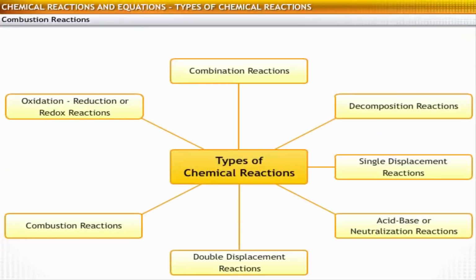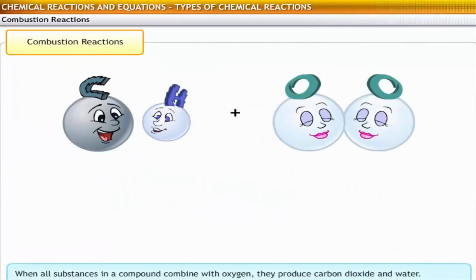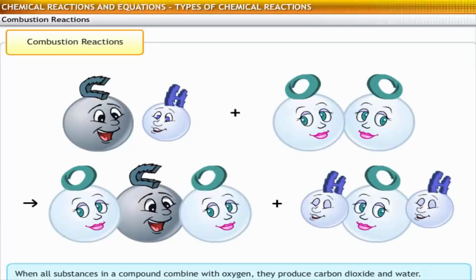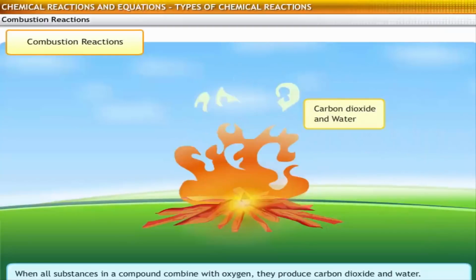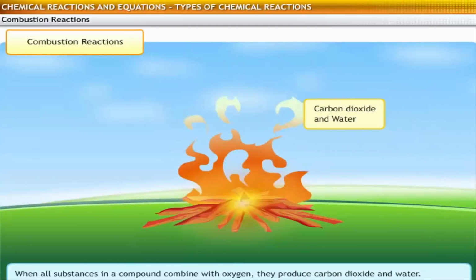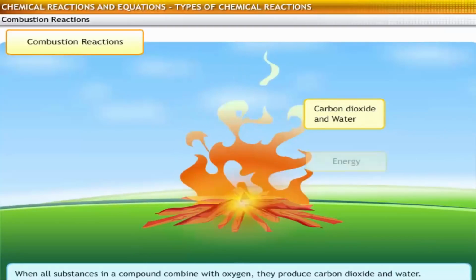As you saw, in double displacement reactions, compounds exchange ions. However, in a combustion reaction, there is no exchange. In a combustion reaction, when all elements in a carbon compound combine with oxygen, they produce carbon dioxide and water. Thus, combustion reaction is the burning of a substance in the presence of oxygen, resulting in the release of energy,